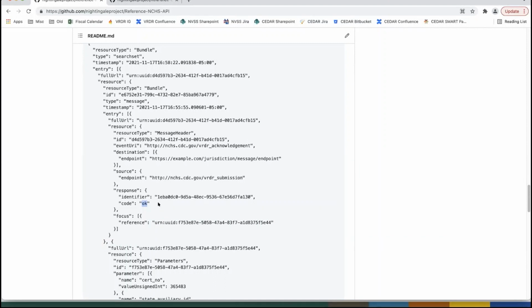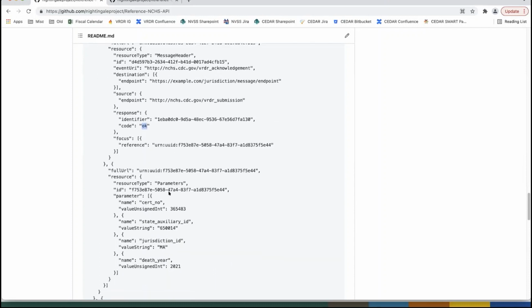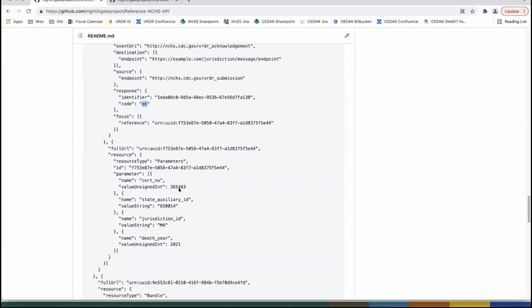We were able to do the initial parsing of the message and pull data out of it. Everything is looking good. And then we can see some additional information like the certificate number, the state auxiliary ID, the jurisdiction identifier, the year of death, all of the information that uniquely identifies a particular death record. So that's a very quick overview, both of what an API is, a little bit more detail on this particular API, and then a bit of a dive into what's needed from a technical perspective to get started